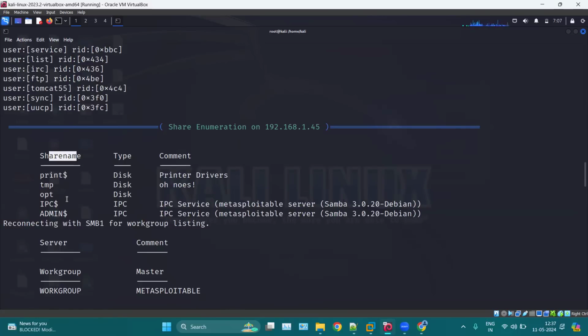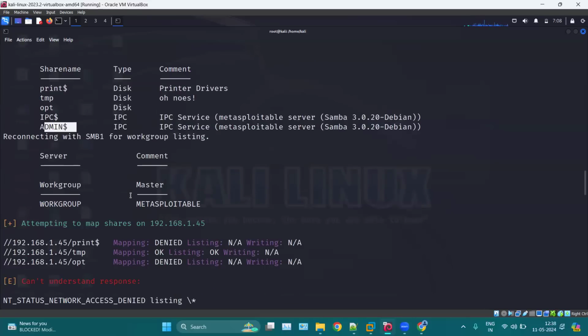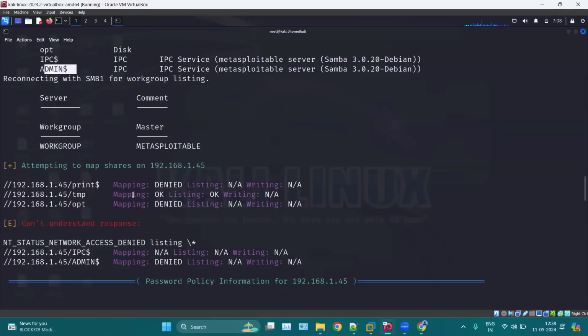Okay, now we know the share names: IPC$, ADMIN$, and so on. So now we can also gain access with the help of this particular information. Basically, we are mainly enumerating for the username. And then we have other information like mapped shares,